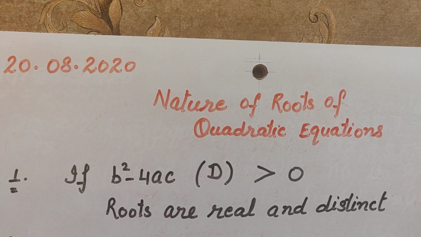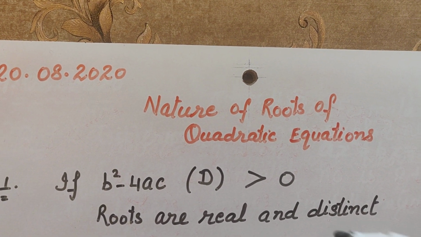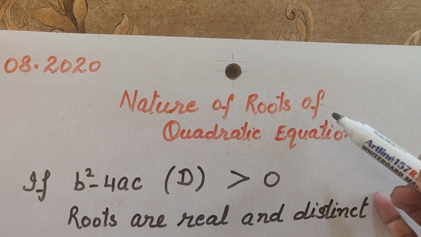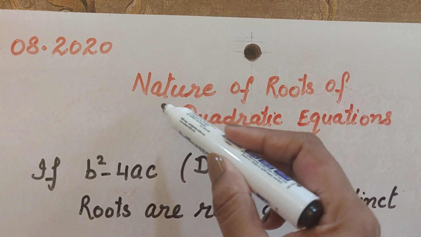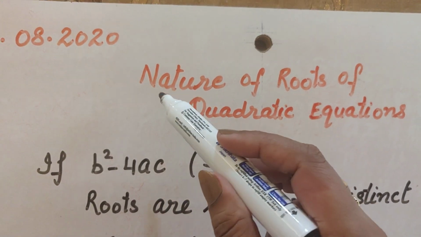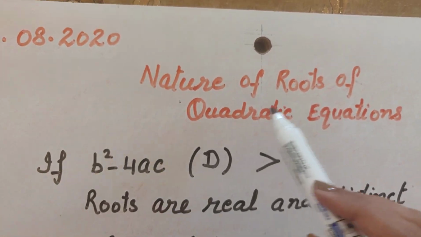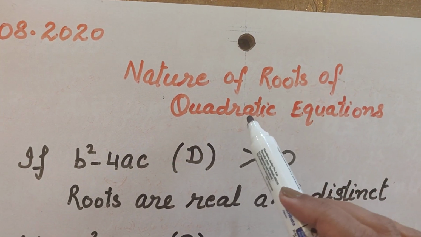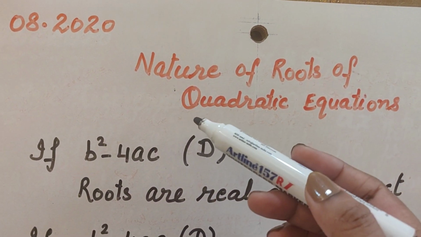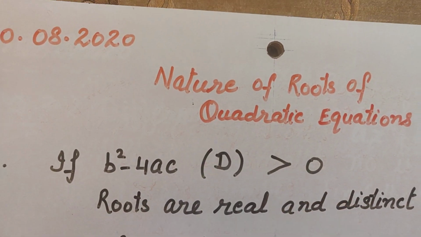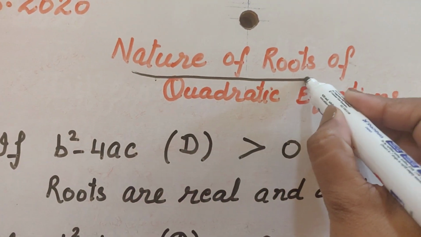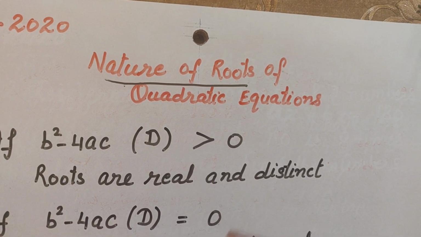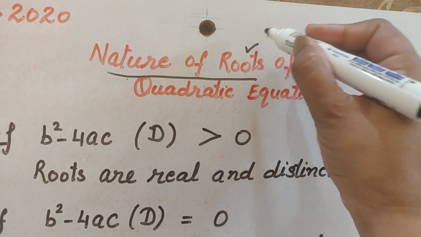Children, in this video, you are going to learn about the nature of roots of quadratic equation. What is the meaning of nature of root? That means without finding the roots of quadratic equation, we are able to tell what kind of answer we are going to get. Nature of roots means what kind of answer we are going to get, because roots means answer